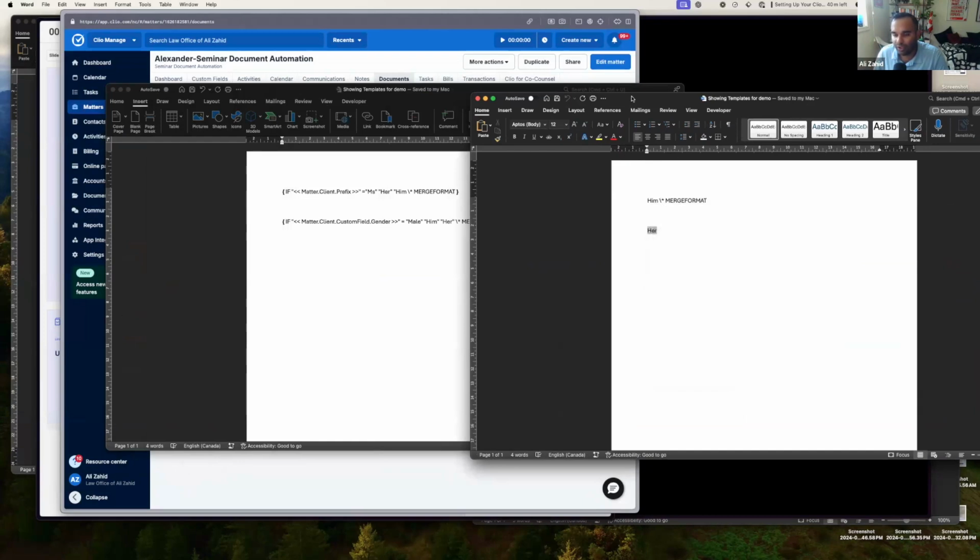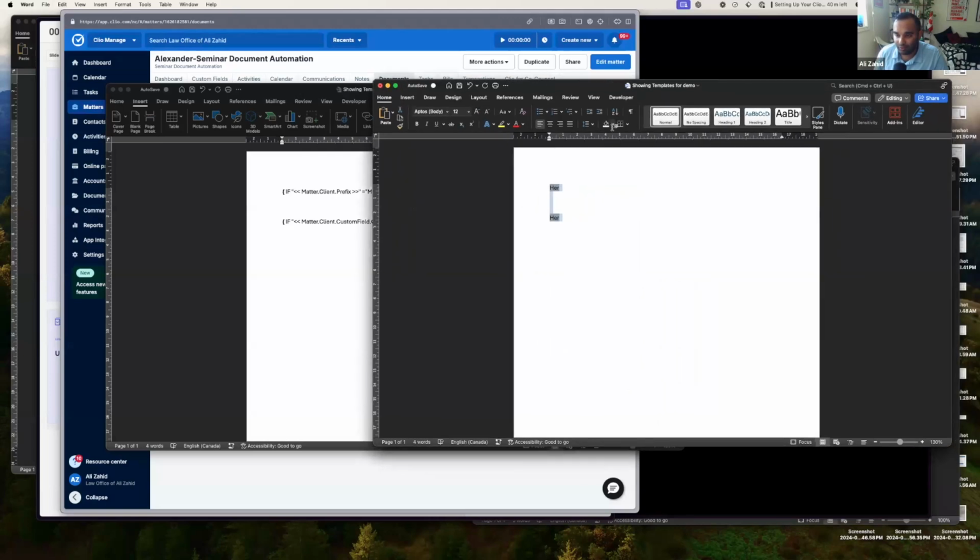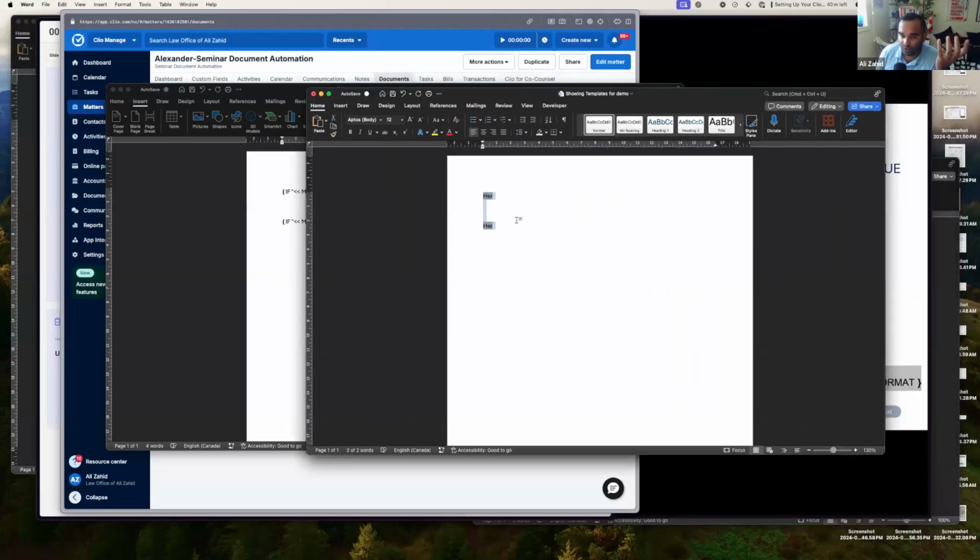The way you want this to work is you control A, and then you have to update fields. This is a way that will show you what it was. Otherwise, it will not update it. Otherwise, it will stay whatever the first equation is. So this is a really, really important step: you select all, you right click,